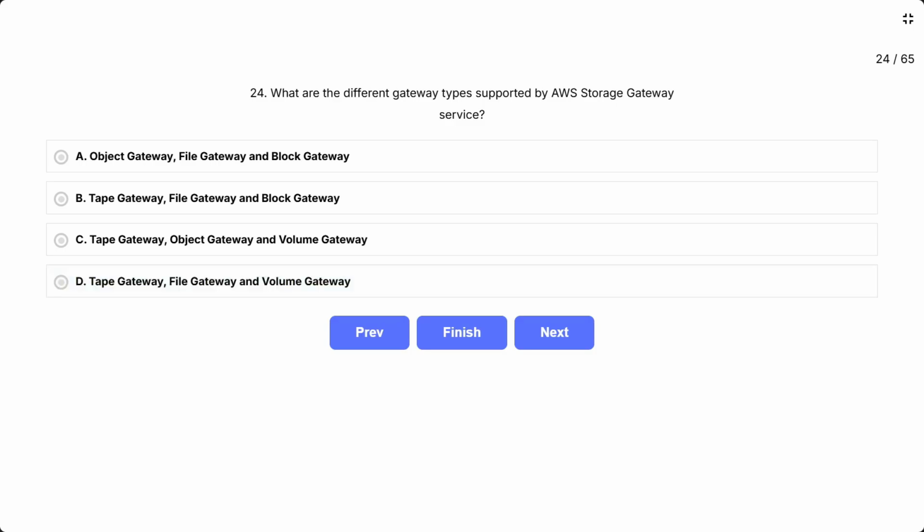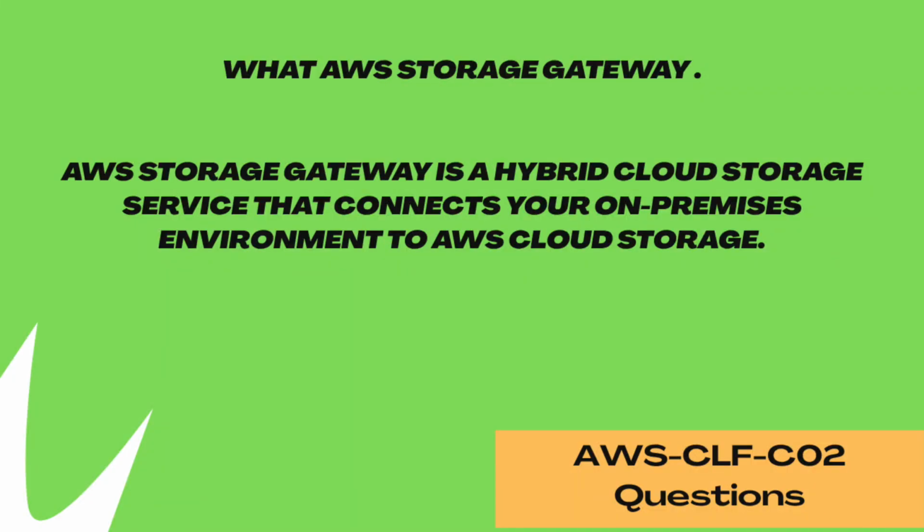So first we will look at what AWS Storage Gateway is really about. AWS Storage Gateway is a hybrid cloud storage service that connects your on-premises environment to AWS cloud storage. It provides three main types of gateways to suit different storage needs.